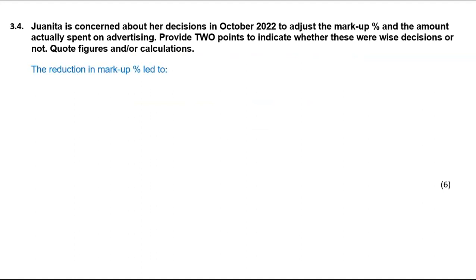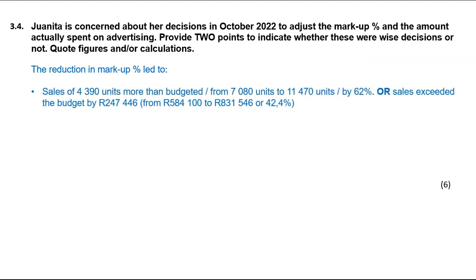It might say something that is totally different from what I just said earlier on. Actually, it doesn't. Okay. It says that sales of 4,390 units more than budgeted of 7,080 units to 11,470 units. So your sales increased by 62%. That's why I said write them as percentages, because it will make your life a little bit easy. I actually used the rand part. Sales exceeded the budget by